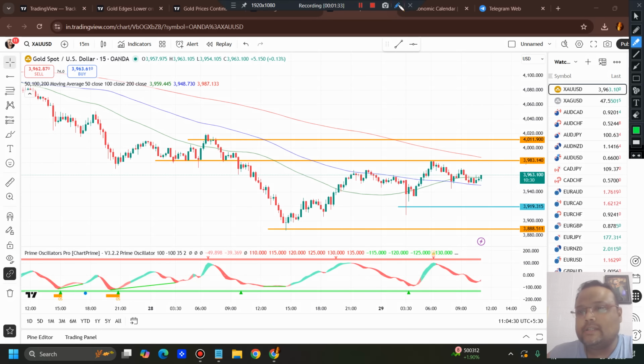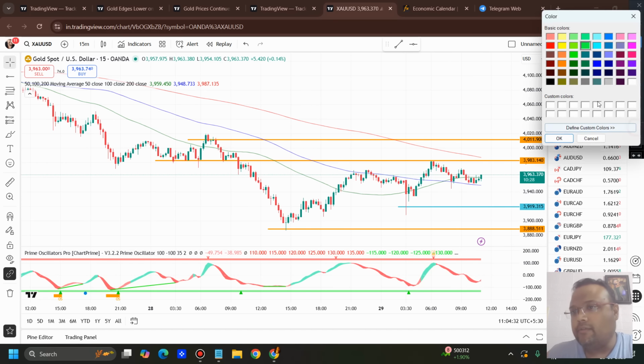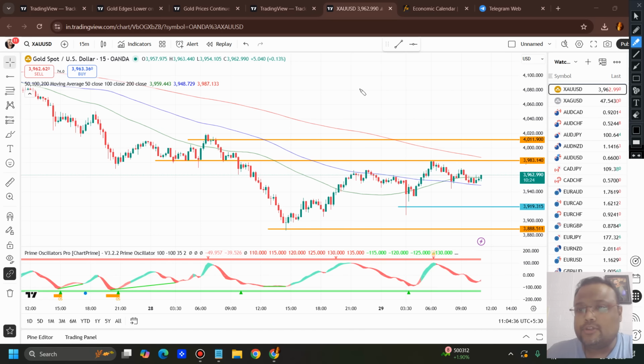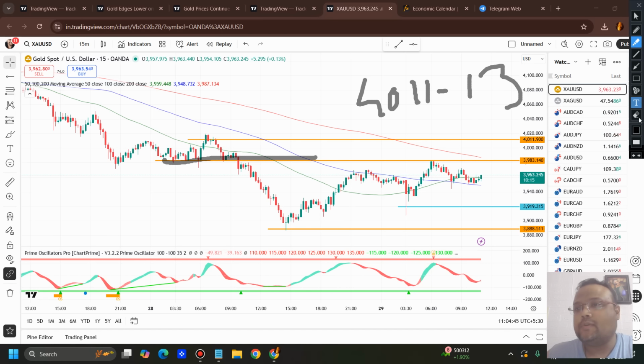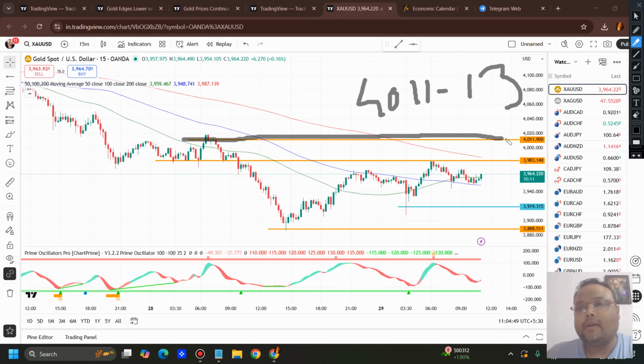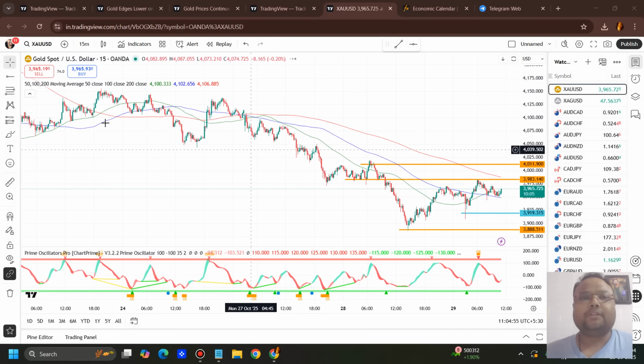The market faced resistance around the 3983, 3984 area. So the next resistance where we can look for a sell position is around 4011, 4013. Not this one, sorry, this one, the yellow line at the top. It may give us a selling opportunity of 80 to 100 pips. Why? Because of the FIBO 50% retracement level.